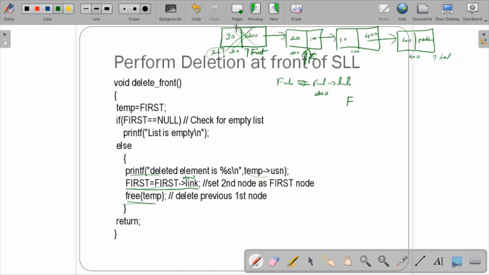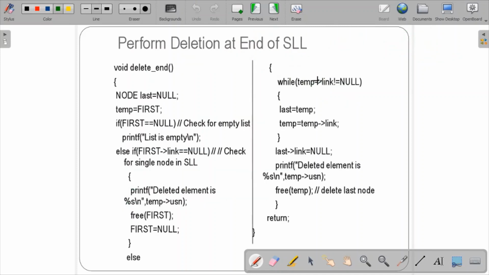So this is deleted, left out is only with this particular node. Let us see how to perform deletion at the end. Deletion front is clear. Let us see deletion at the end. Now in the node we deleted